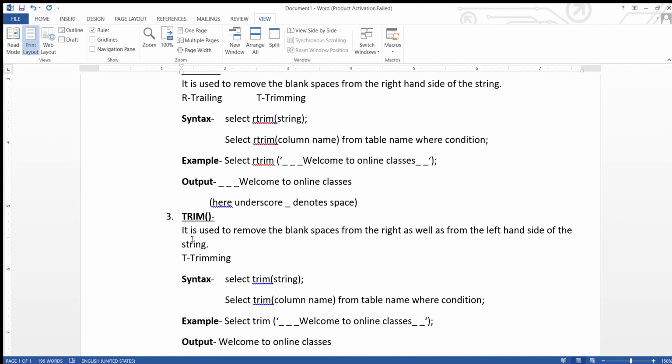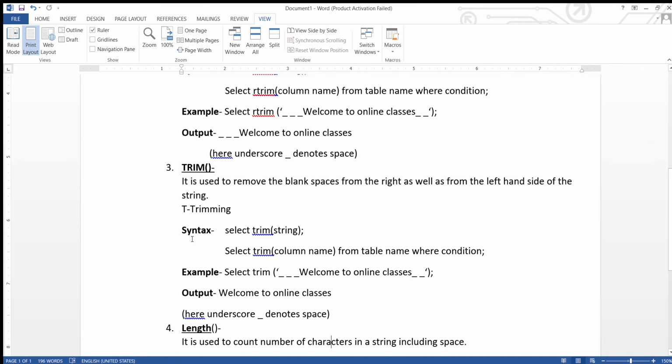Now see, just before W no space. Why? Because trim will remove both the spaces given before the string or given after the string. See, after the string also no space. So the trim function will remove the spaces given before the string as well as spaces given after the string.